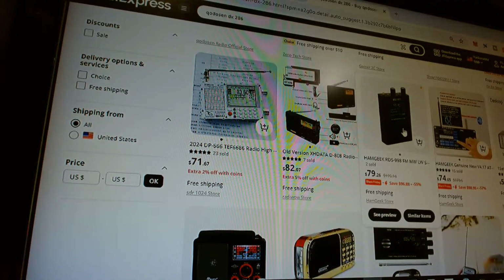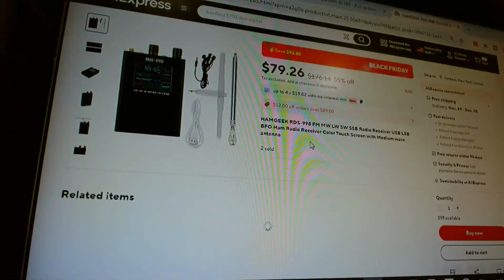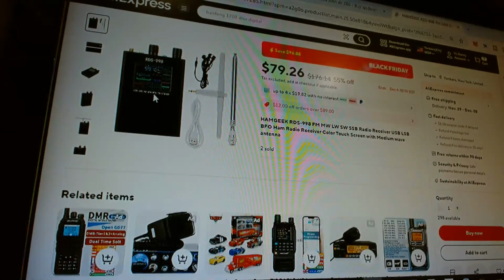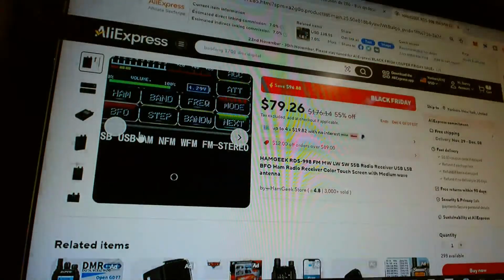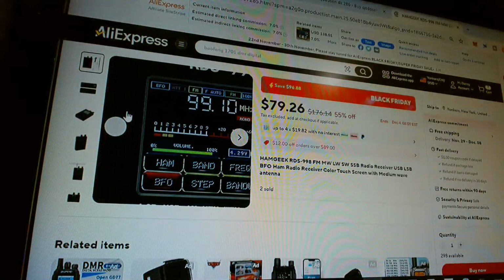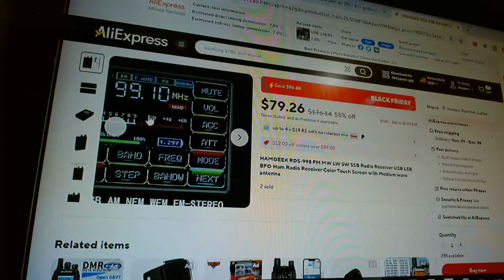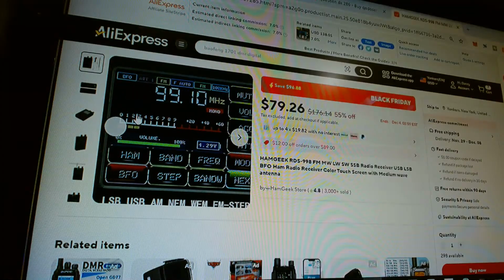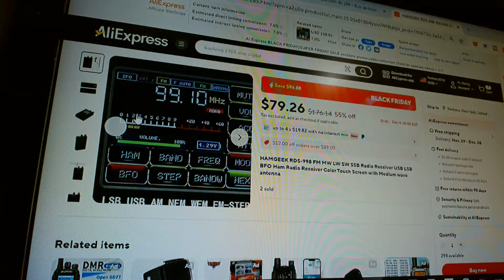What is this? Ham Geek. Let me see that one. Ham Geek RDS 998. What is that? Ham Geek RDS 998 FM, medium wave, long wave, short wave, single sideband radio receiver, USB, LSB, BFO.